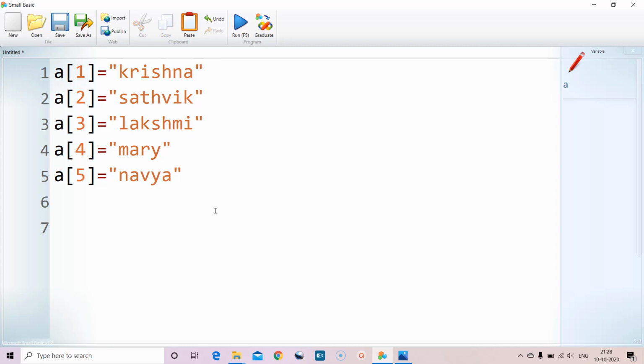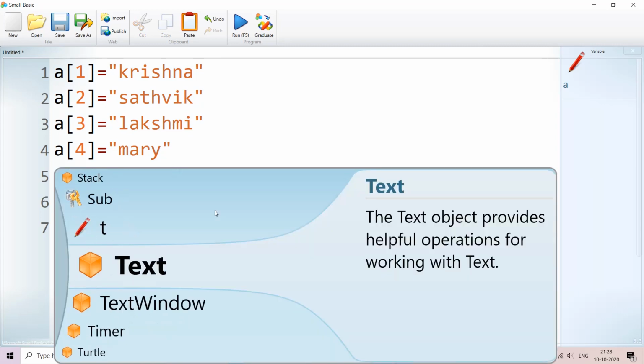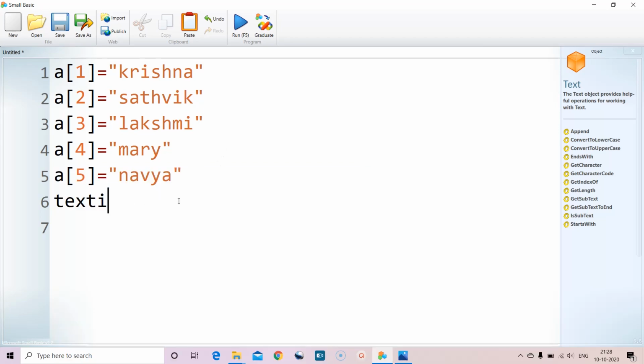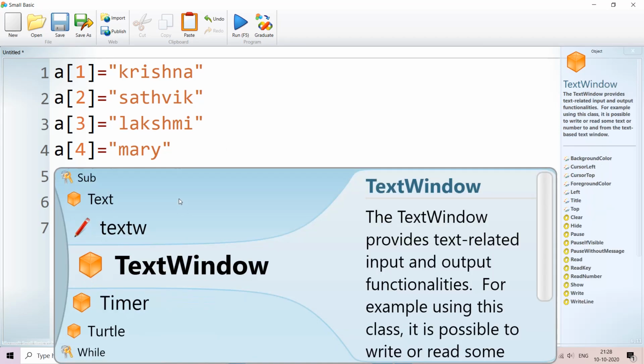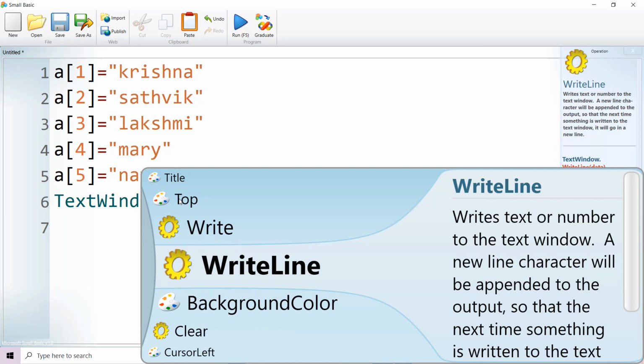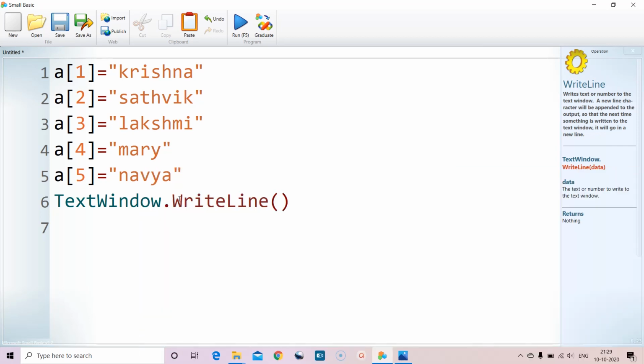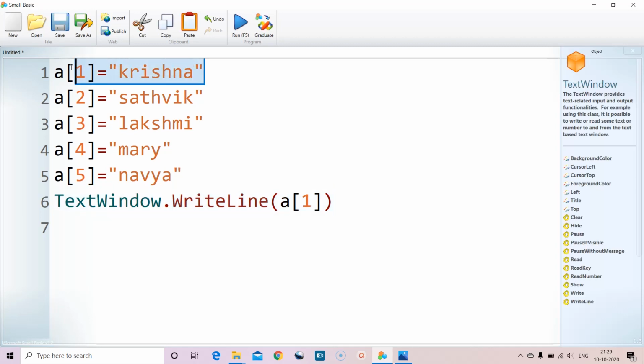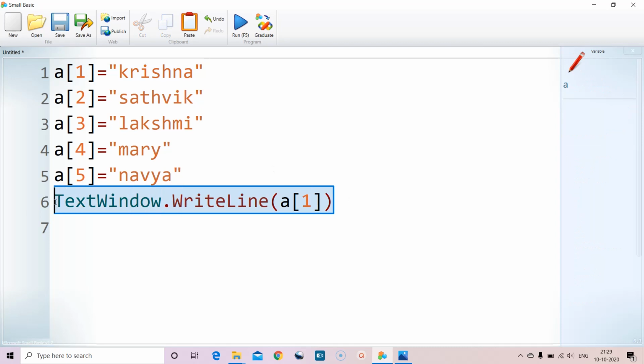So let us print this. In order to print this, we have to print it one by one. Text window, write line, A of 1. So A of 1 is Krishna, right? So let us print like this 5 times.